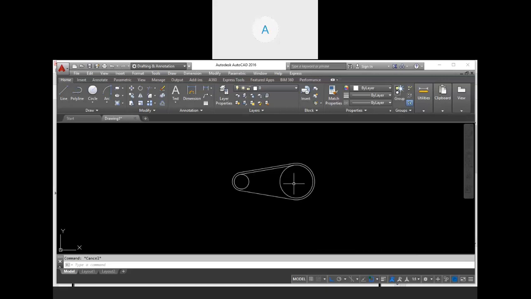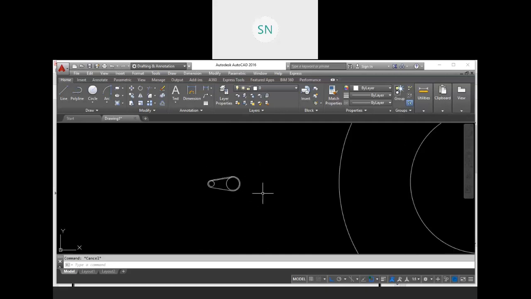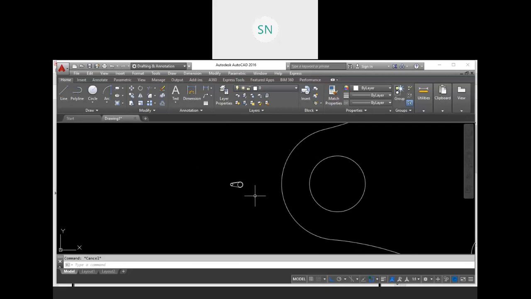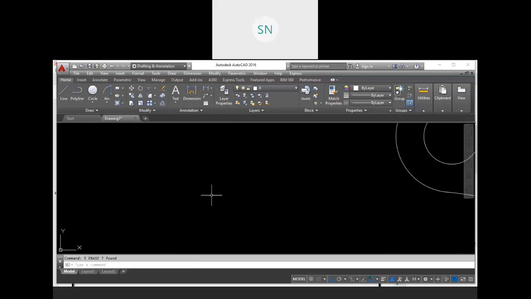So let's continue our session. In our last session, we discussed all the object creation tools, and I also gave you an overview of object modification tools. How to use move, copy, rotate, scale, all the object modification tools that we already discussed. But today we will discuss those tools in detail. So first of all, I'm creating one line over here of 100 mm